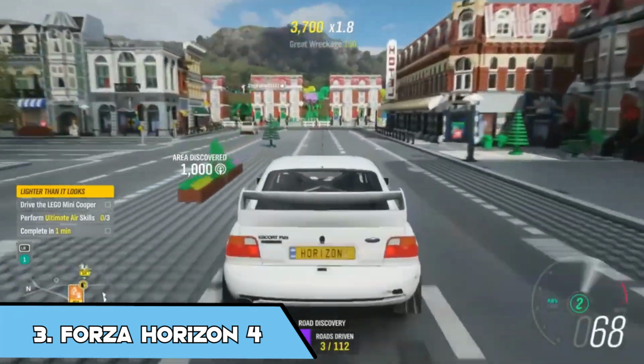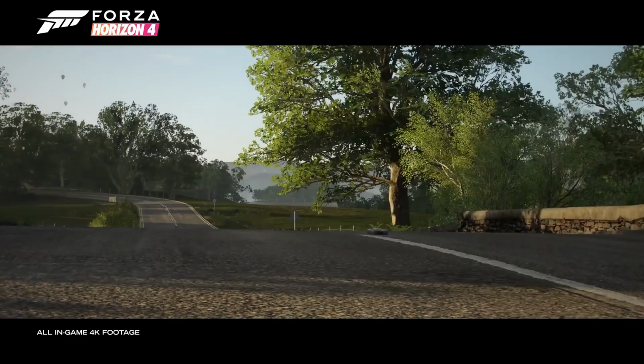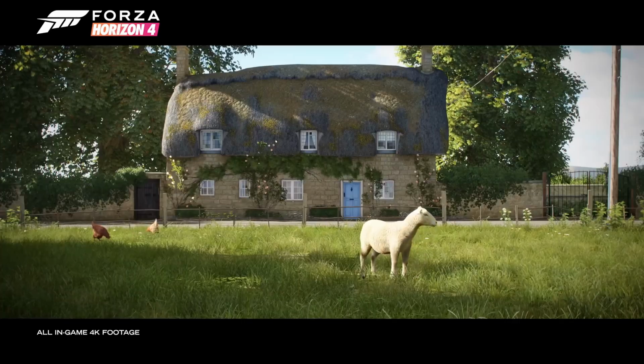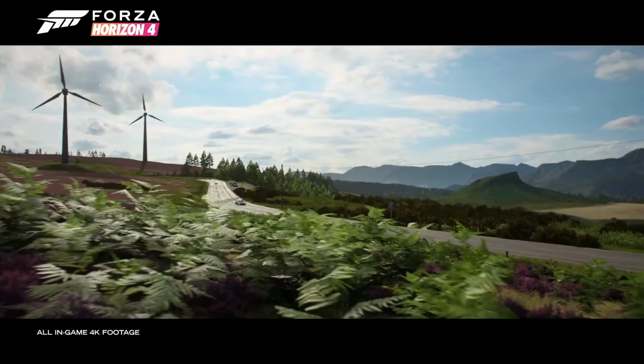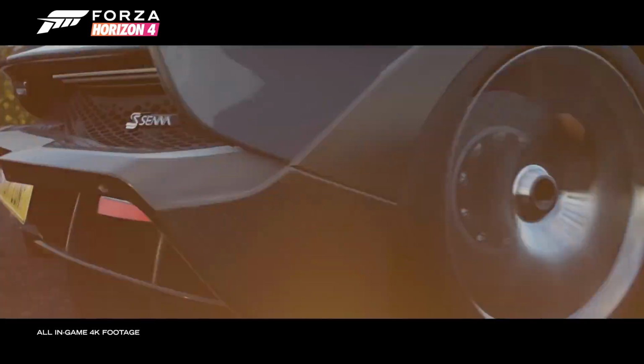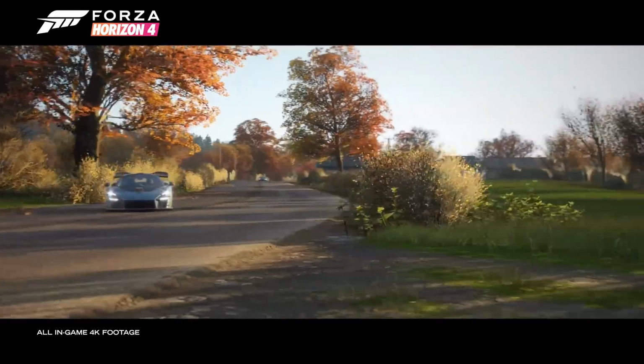So here we are, we're talking about the top 3 games I've played on the Steam Deck, which is a bit ironic because the next game I'm about to talk about, number 3, Forza Horizon 4, I do not have installed on the Steam Deck at the minute. That is because it takes up a lot of space. I think it is over 100 gig, so I uninstalled it to make space for other games, and then I swapped it with Need for Speed because Need for Speed's only 34 gigs. They're not the same game, they're not similar in any way other than racing, but